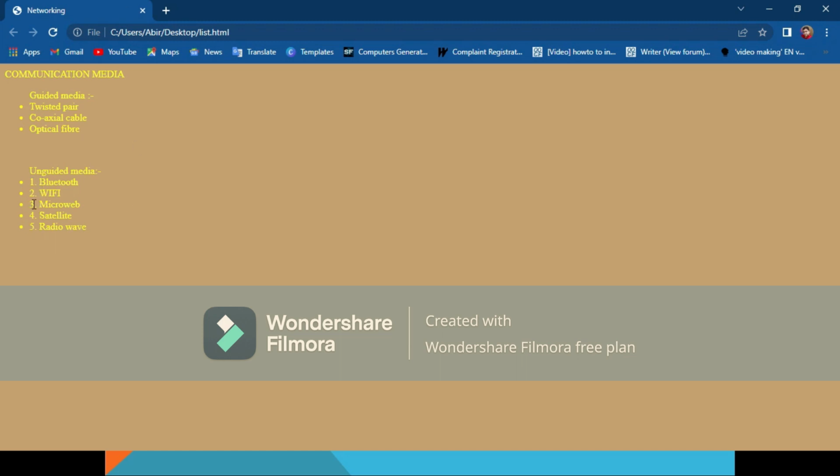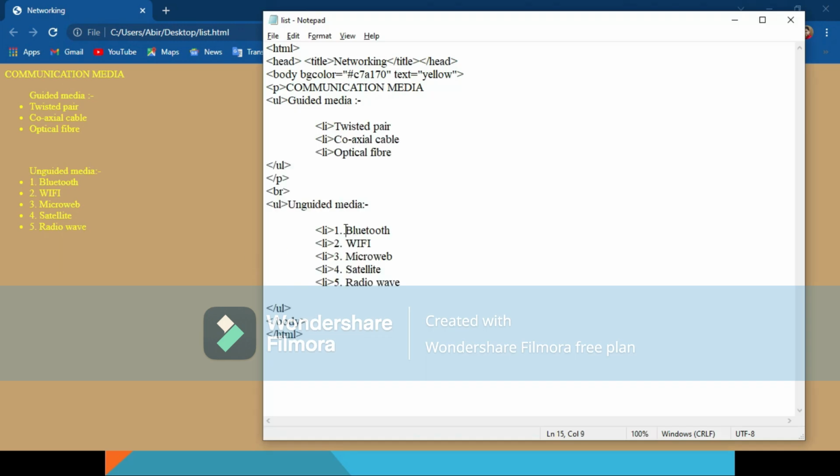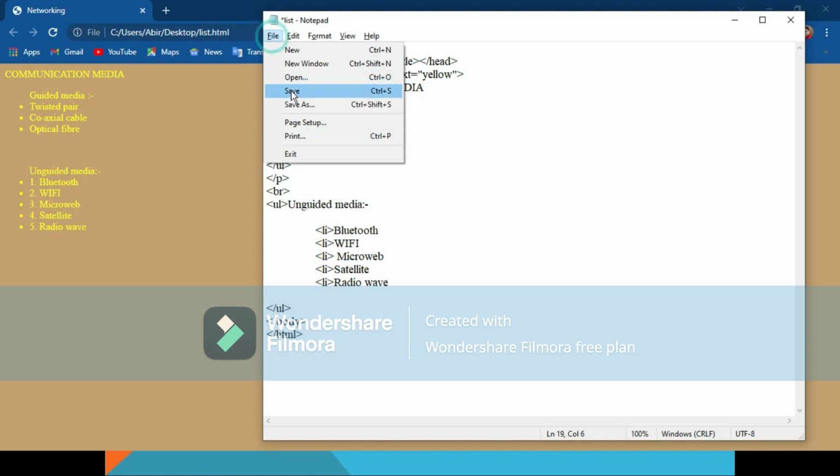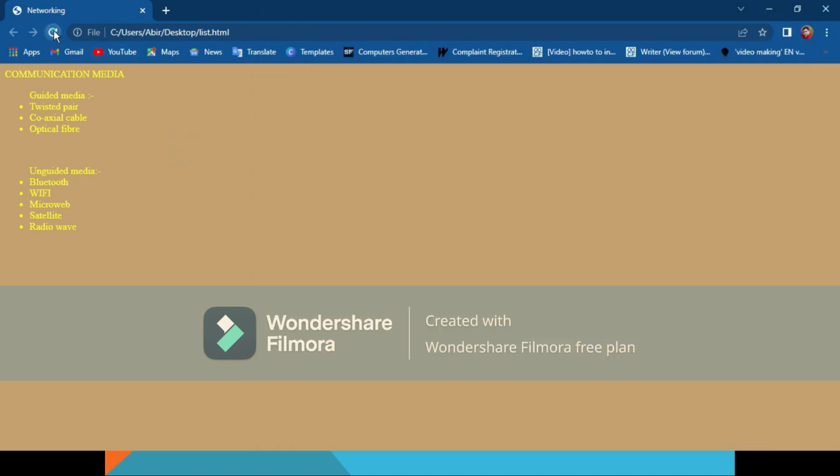But here I think I have not erased this 1, 2, 3, 4. So let me erase that as well so that it will look good. This one I have erased, this one also, this one also, this one and this one. So I erased. Going to file, save it, coming back and refresh. See, now it's coming in a